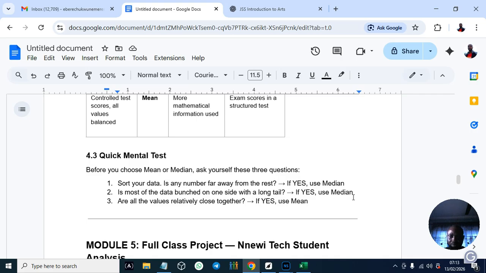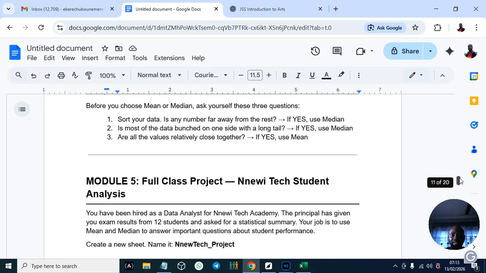If yes, use median. Are all the values relatively close together? If yes, use mean. When the values are relatively close together, use mean. When the data is drawn to one side, that's when you use median. So have this in mind.